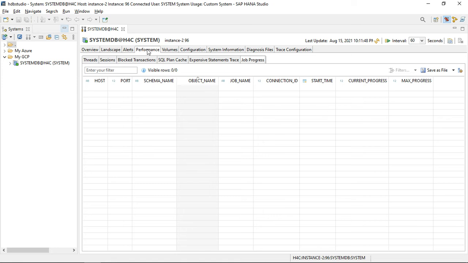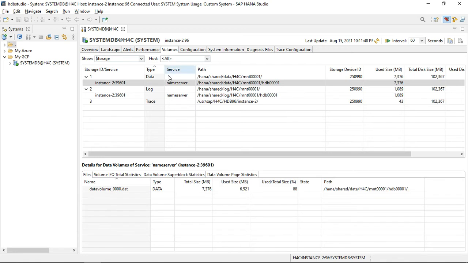So we are done with the performance area, and we saw all these sub tabs. Next to performance, we have volumes. In the volumes tab, you can see your volumes. You have two sections over here, either storage or service. When I select storage, it will show the data volumes and log volumes which we created during the installation.